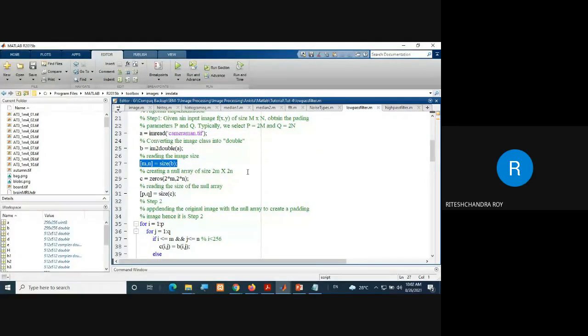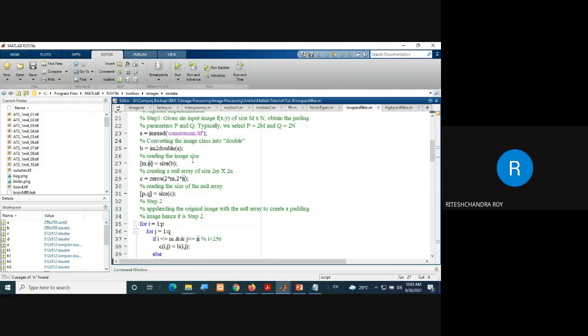We have just taken the size of B, right? And I'm storing it into two variables M and N. So finally, I'll have my number of rows and number of columns here. Simple, right?